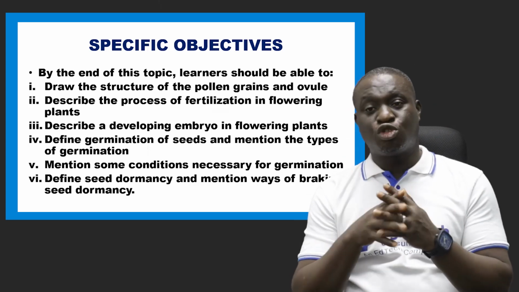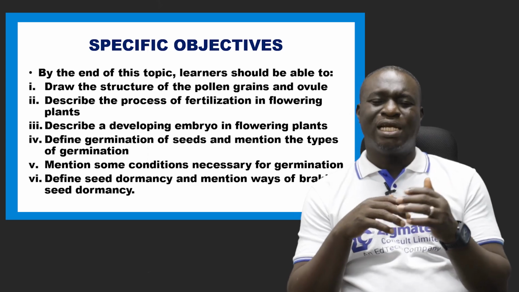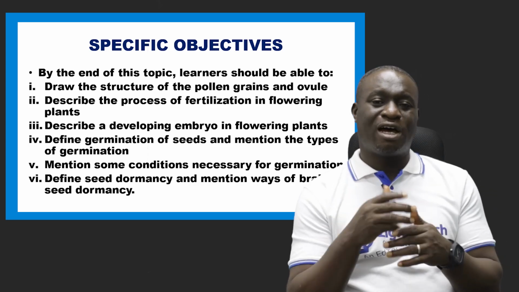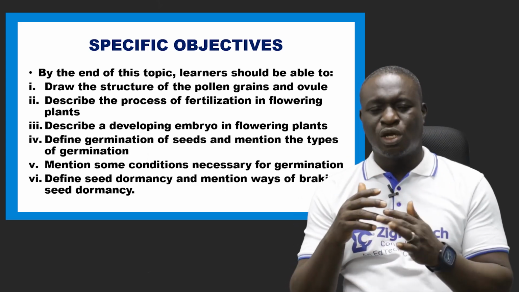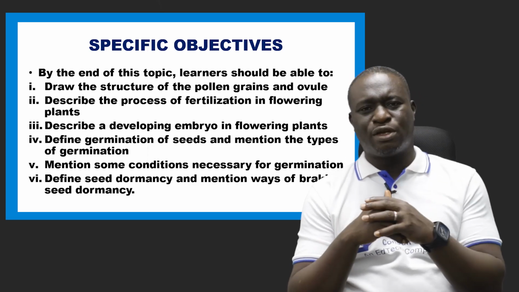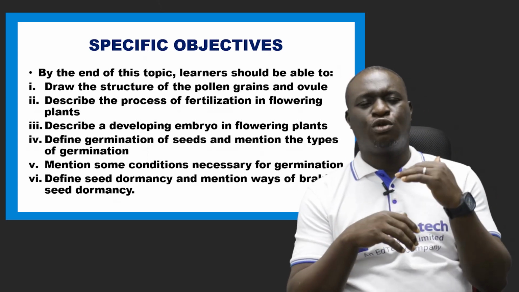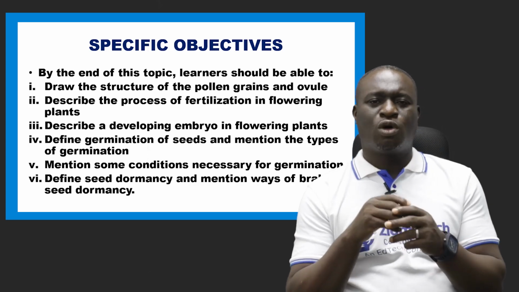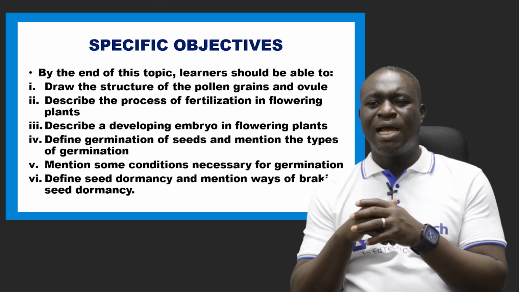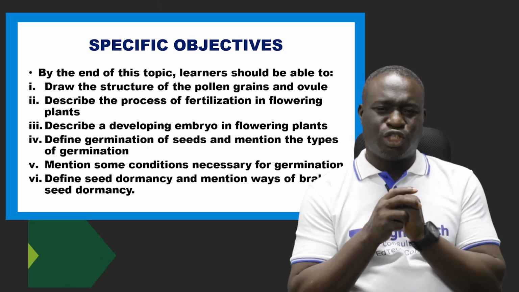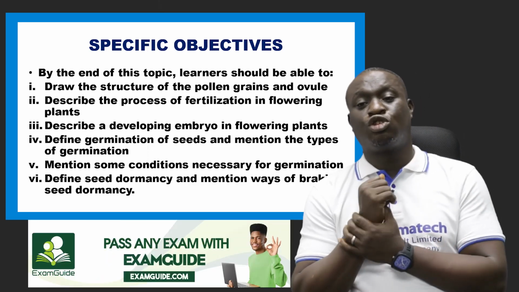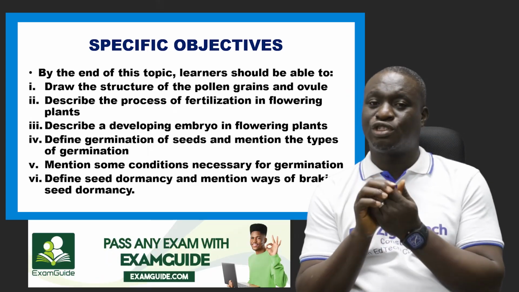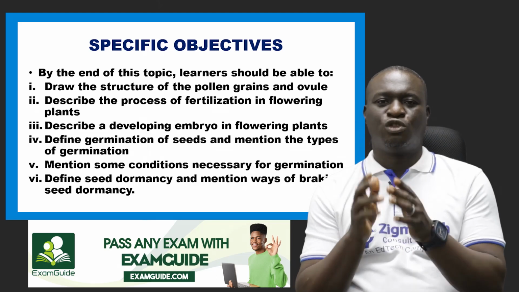And also number three, you should be able to describe a developing embryo in flowering plants, what actually happens, what these embryos are actually made up of. And then also you should be able to define what we call germination of seeds and also mention the types of germination. And then also you should be able to mention some of the conditions that are necessary for germination